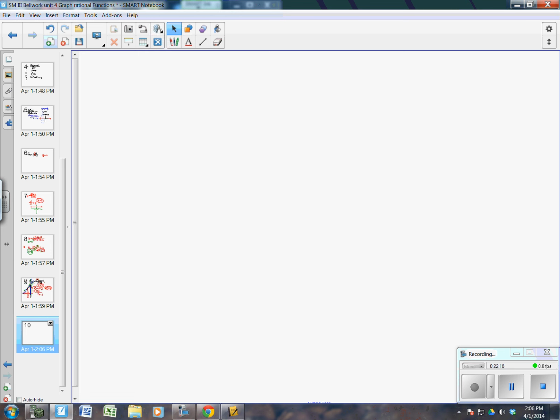Last part. Number 4. If the degree of the numerator is more than 1 more than the denominator, then it has no horizontal or oblique asymptotes. Underline the no part. Put a box around no. Underline the words more than 1 more than. For example,